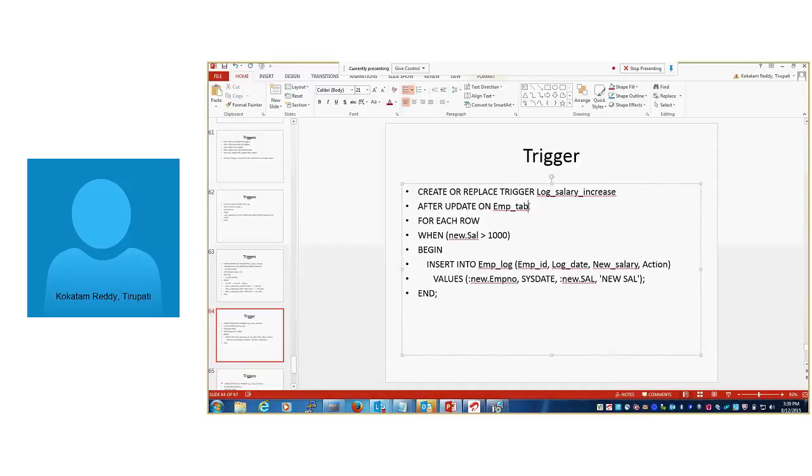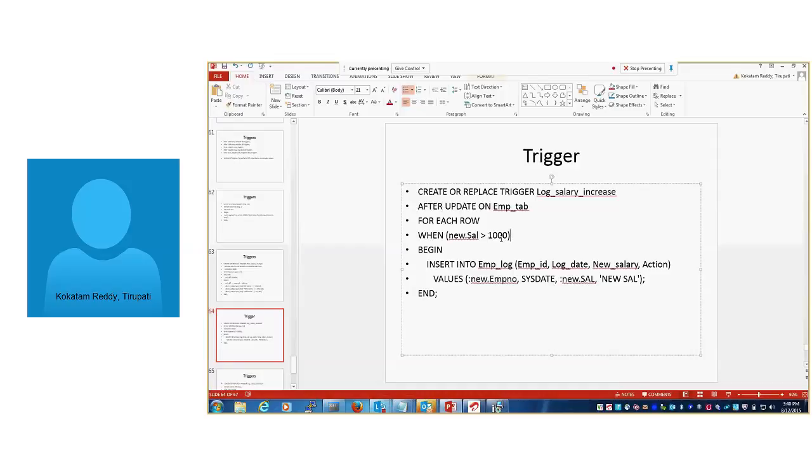Now we have given AFTER, because when a user performs any DML operation, after performing the DML operation, that information we have to audit. Which data he modified, what is the record number, what is the time, what is the new value, what is the old value, what he updated, everything we have to audit.